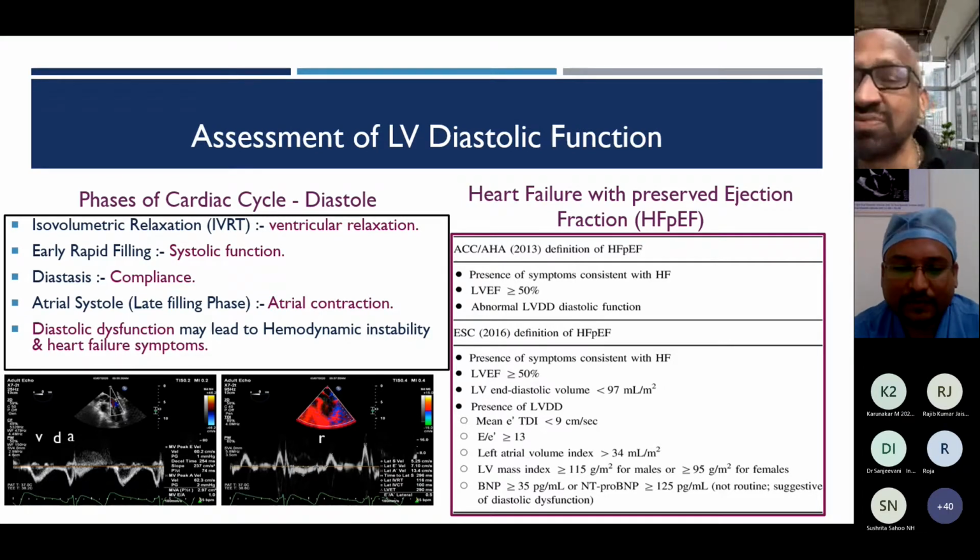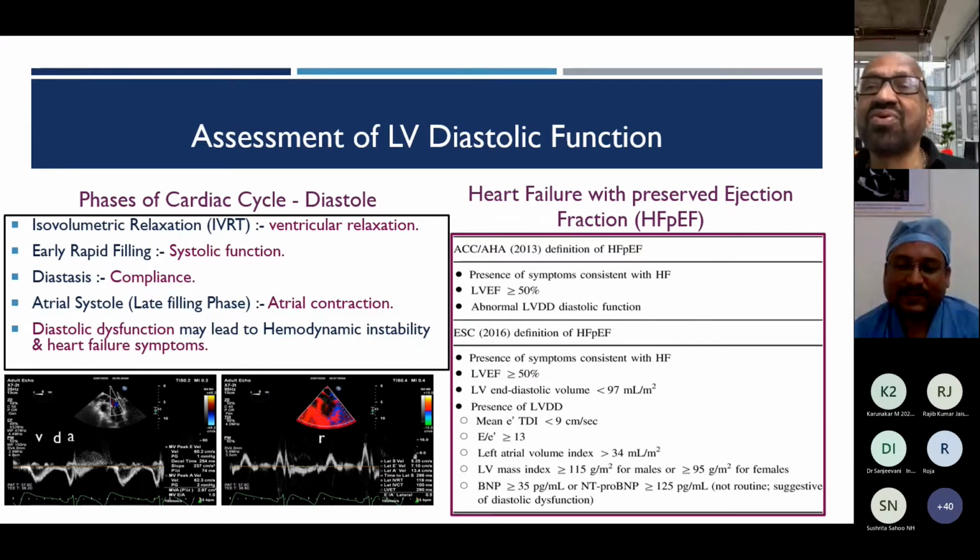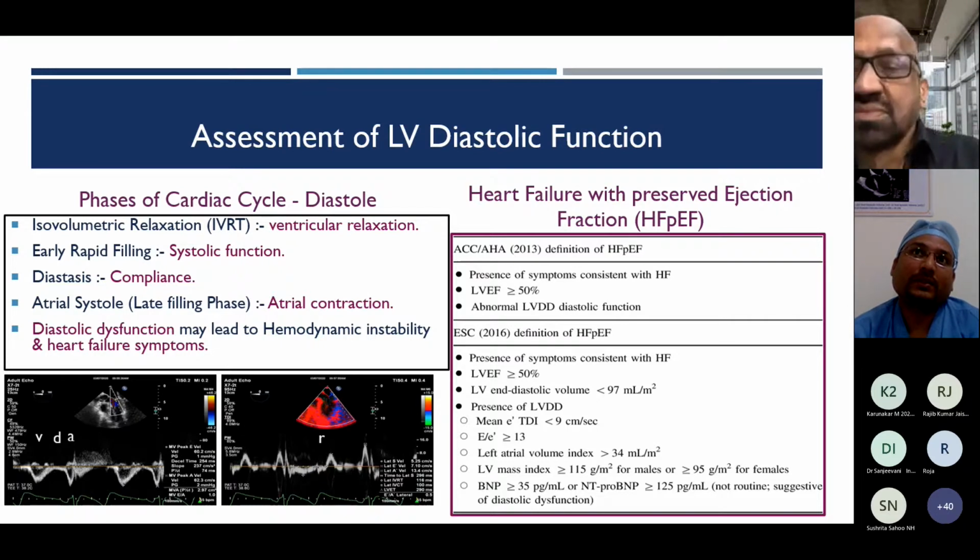Thank you, sir. Thank you for that input. I was really surprised how this could be answered, because the A wave is not there. A wave contribution is not there at all for left ventricular filling in these patients. Post-operatively, many of the CABG patients go into atrial fibrillation. So this may be a very good point to discuss, because post-operative assessment of diastolic function is important to see what is the cause of hemodynamic instability in the ITU and all.